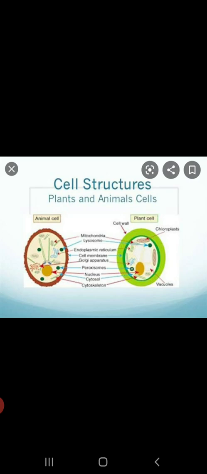You all can draw the diagram that is given in the textbook on page number 114 for the animal cell. However, for the plant cell, you will draw the diagram that I will be providing you in the PDF. Okay? Now we will move on to the prokaryotic cells and eukaryotic cells. Now children, in this chapter itself, we have studied the classification of the cells based upon the number.